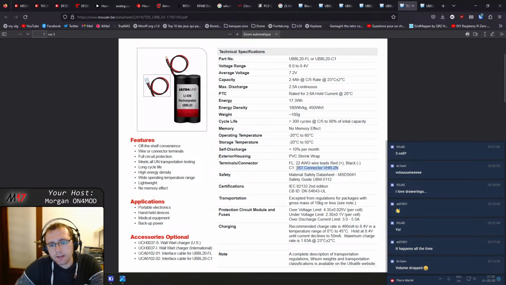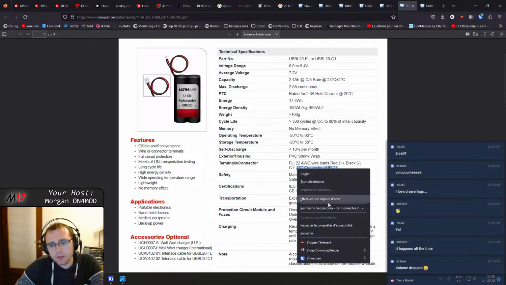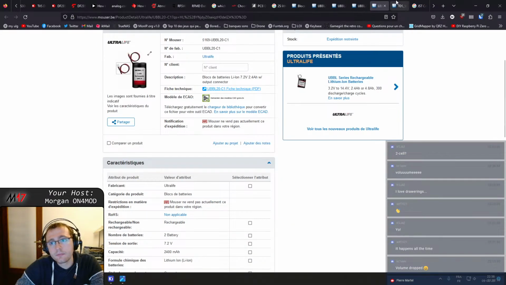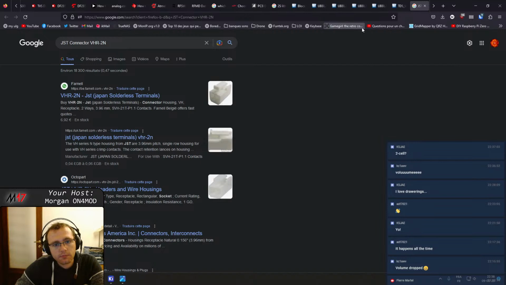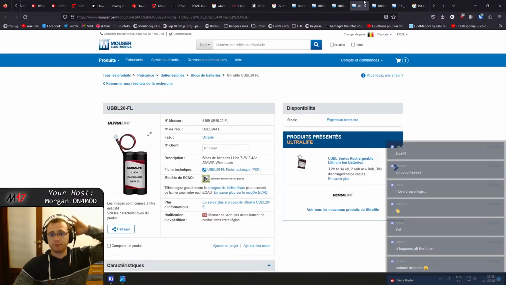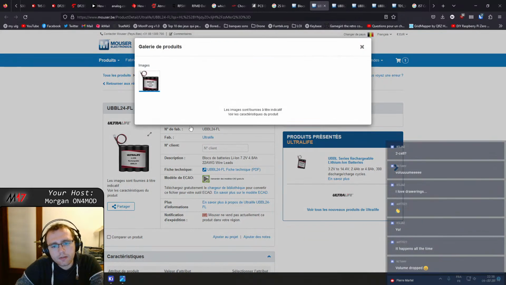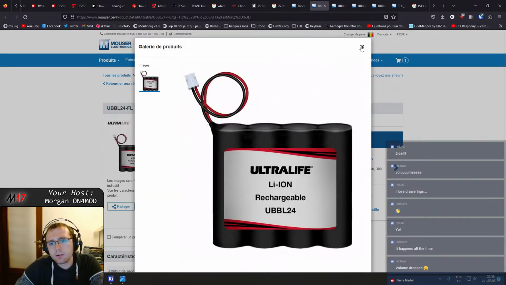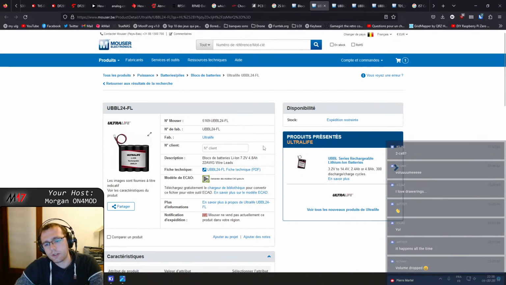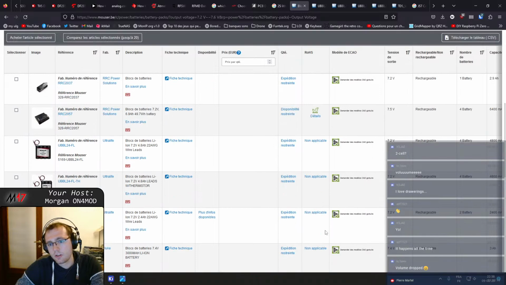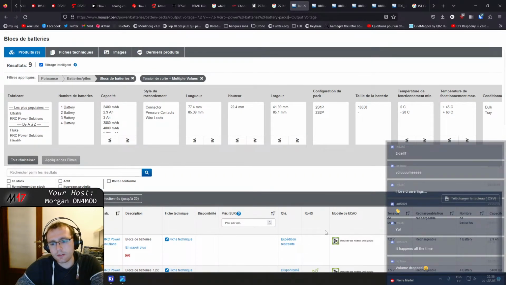Okay, JST connector VHR N2. It is a 2-wire connector. Usually when you have a 2-cell battery, you have 3 terminals, because when you charge the battery, you want to equilibrate it. At the end of the charge cycle, you will be sure that the